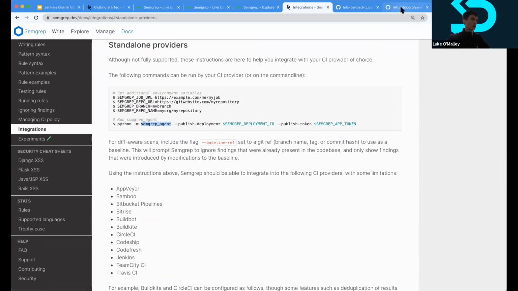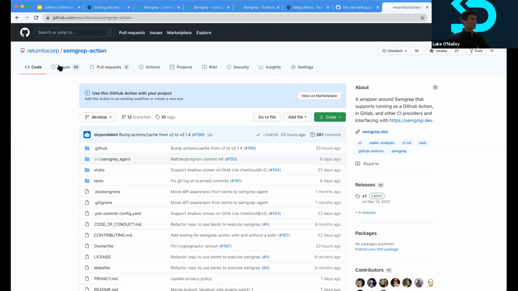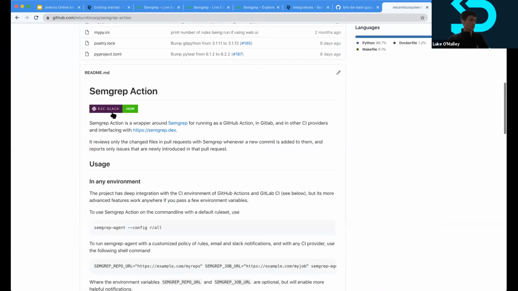And so this is a separate repository on GitHub. So just showing it here. And Semgrep Action is special because it understands or has like greater knowledge of Git. So it's actually able to do things like git log. It can check out previous commits. It understands .git ignores. It has its own ignore file, a .semgrep ignore. So if you want to exclude vendored code as an example, all of that functionality is going to come out of this thing called Semgrep Action. And